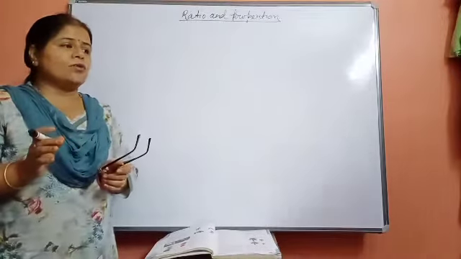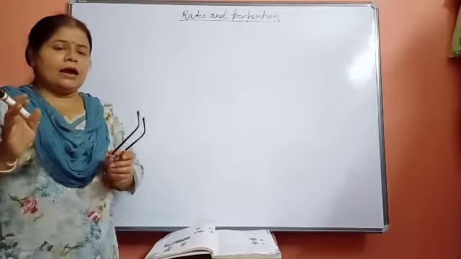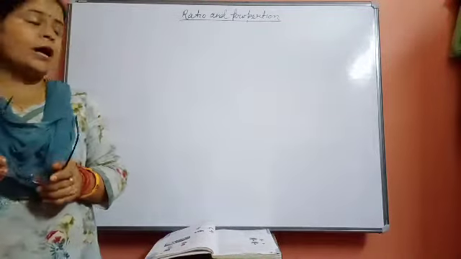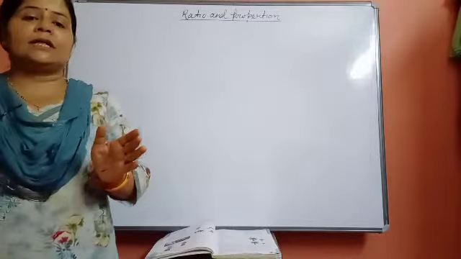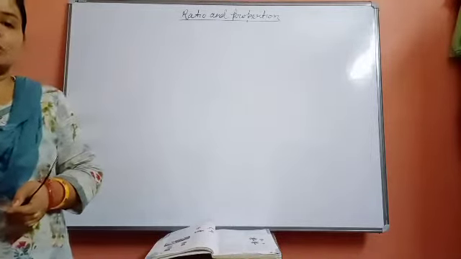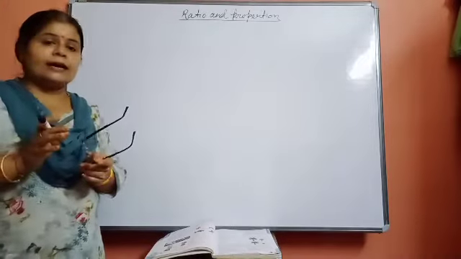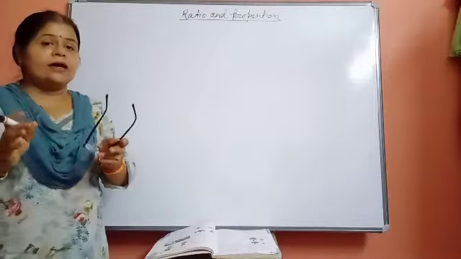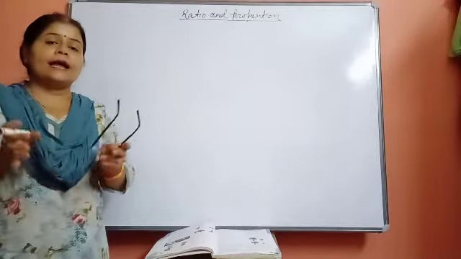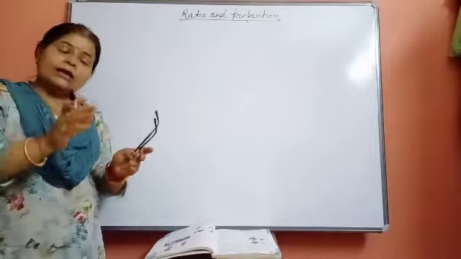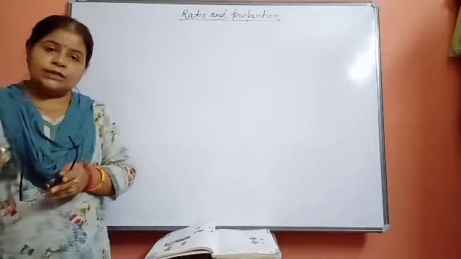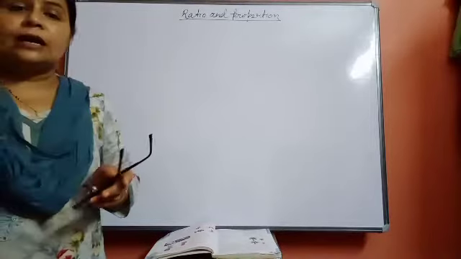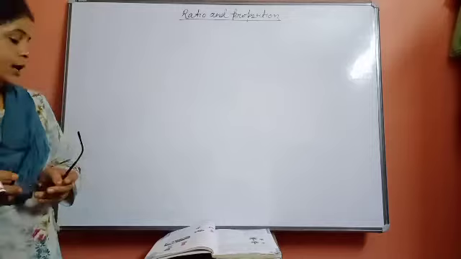Whenever we would like to compare two things and decide which one of them is greater, for comparison of the things we take the ratio and proportion. But one thing should be clear: while taking the ratio and proportion, both the units should be the same. Like if we are given the units kg and gram, either both should be converted into kg, or both should be converted into gram, and then only we can compare the things.